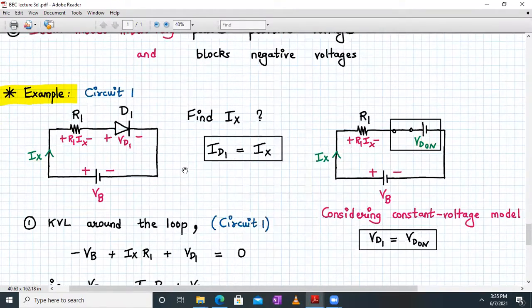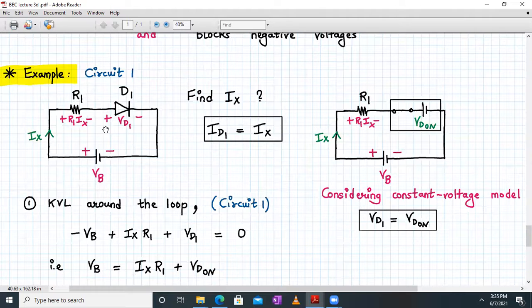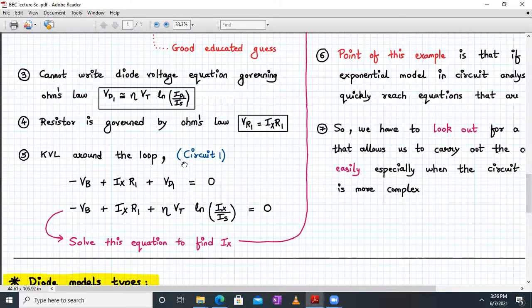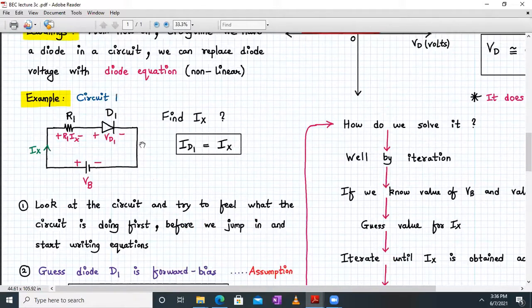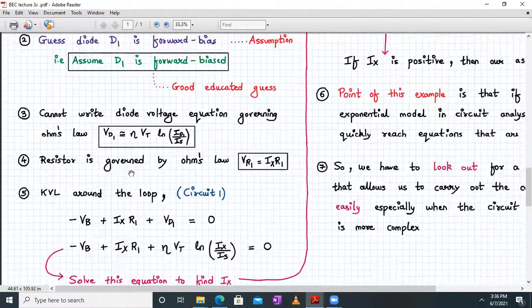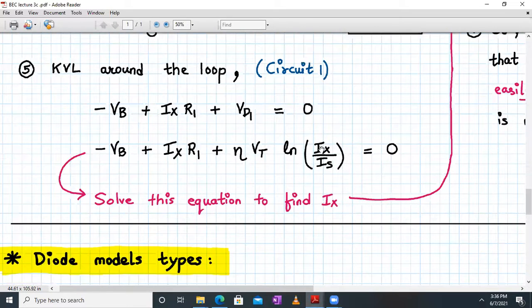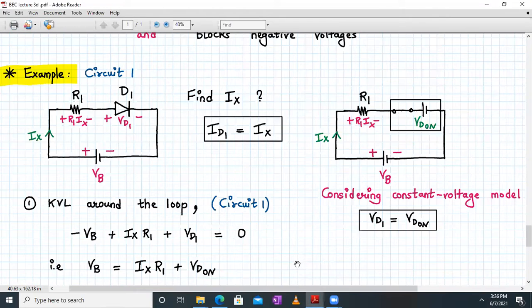Now let us come back to a very crucial example. Remember, while discussing the exponential model, we discussed the same example, and we found that using the exponential model, the equation to compute the current is not so simple. We have to iterate the equation and make an initial guess, and then we have to repeat that process for the next value. So this process is time consuming and cumbersome. So let's see if we apply whatever models we have studied, whether it will reduce the effort.